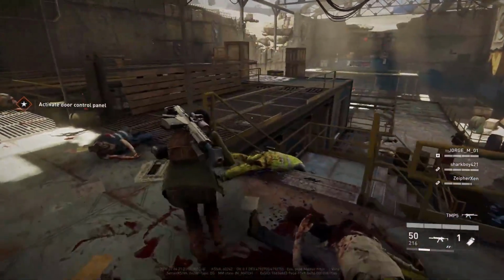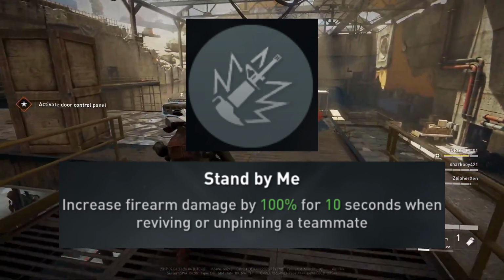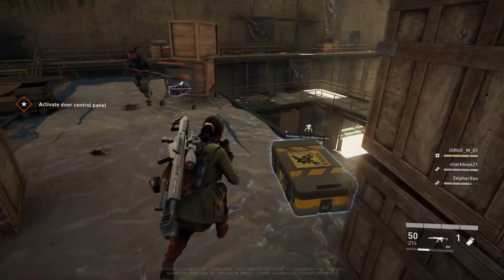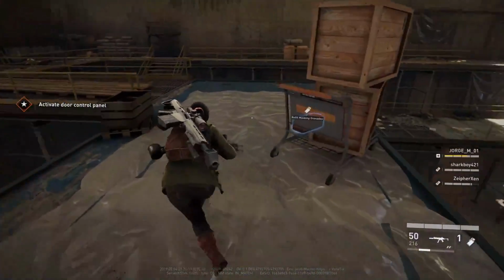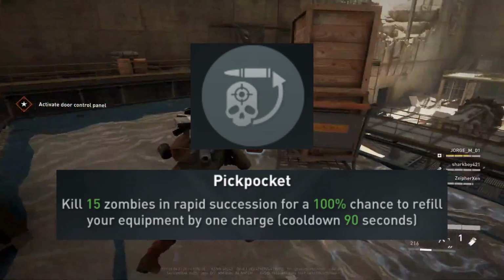Then we have Stand By Me, which increases your firearm damage by 100%, was 50%, for 10 seconds for reviving or unpinning a teammate. So basically you're going to be doing ridiculous tons of damage after you revive your teammate. Pickpocket, killing 15 zombies in rapid succession gives 100%, was 25%,